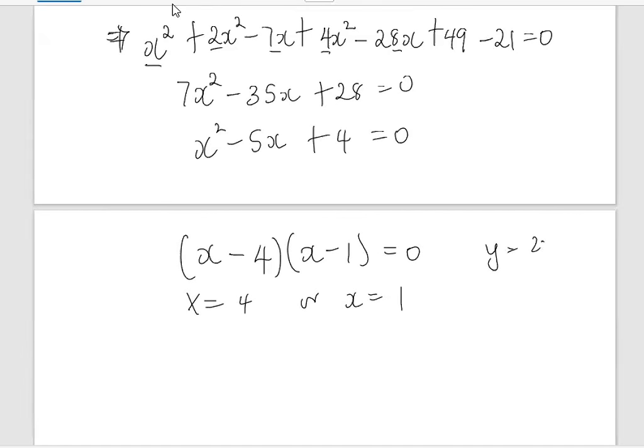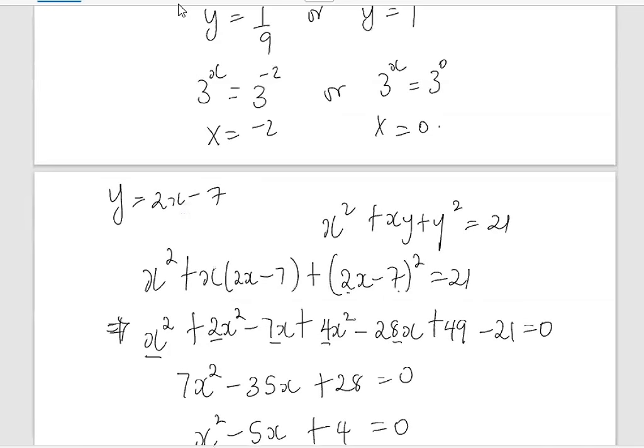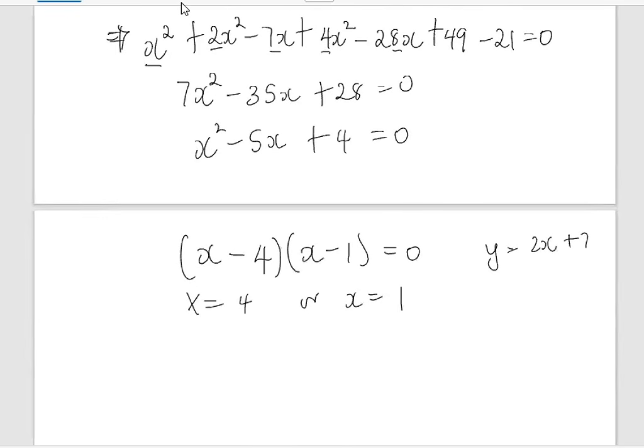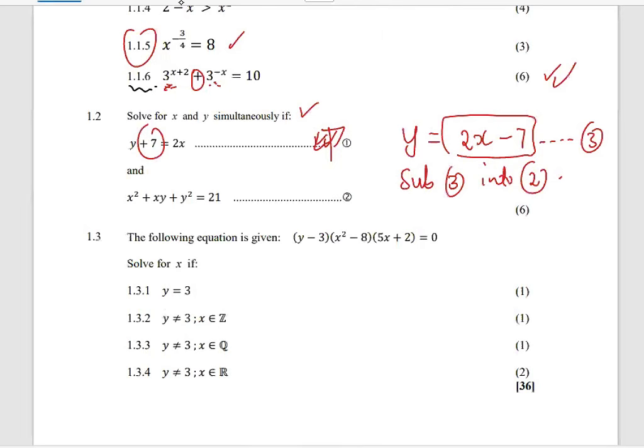But we say that y was 2x. Is it minus 7? Yes, 2x minus 7. Okay, so if it is 2x minus a 7, meaning that y is going to be 2 times 4 is 8. 8 minus 7 is a 1. Or 2 times 1 is 2, minus 7 gives us a minus 5. So that is what we would have done with that simultaneous. Okay, then